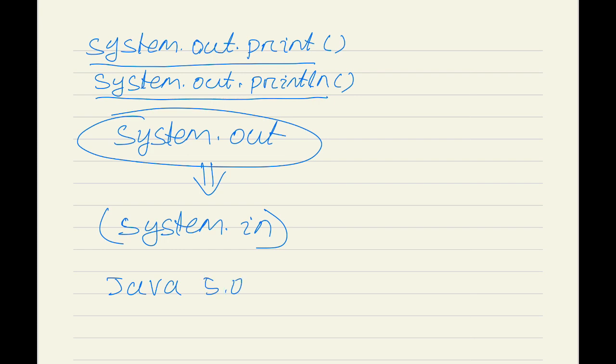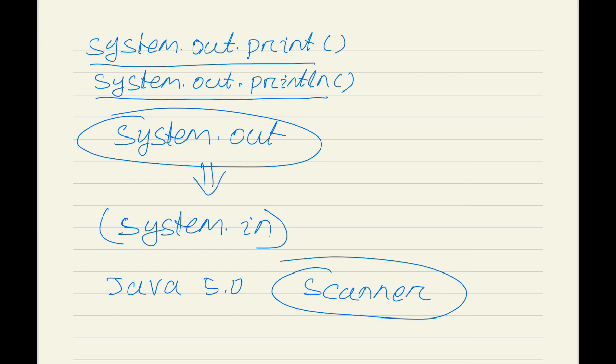Now to deal with this, Java 5.0 introduced a little easier method, that is the Scanner class, to take input from the user during runtime. It is not hard to use the Scanner class for user input, and it has some nice features, but the use of the Scanner class requires some syntax that we will not introduce until we discuss class and object.